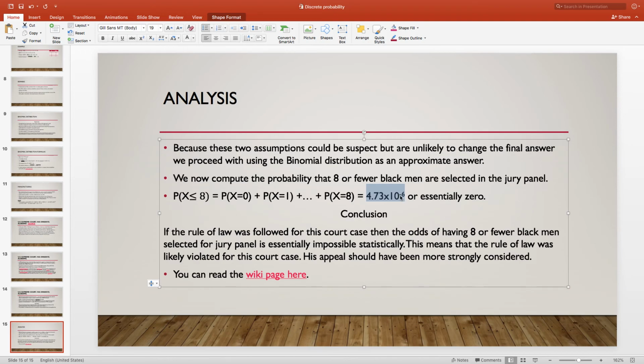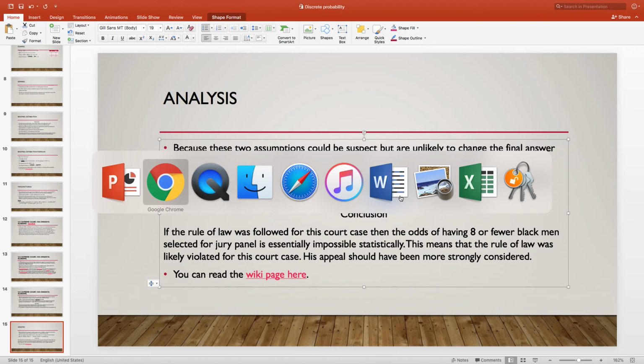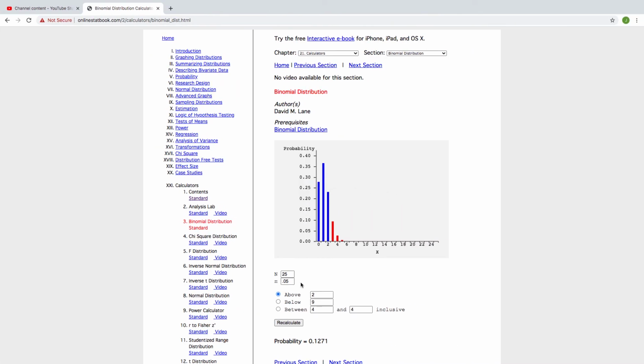and I used a different calculator than the one I'm showing you. So let's go back to this online stats book. Our sample size is 100. That's how many trials there are. Either they're on the panel or they're not. This is 0.26. And we want it to be below